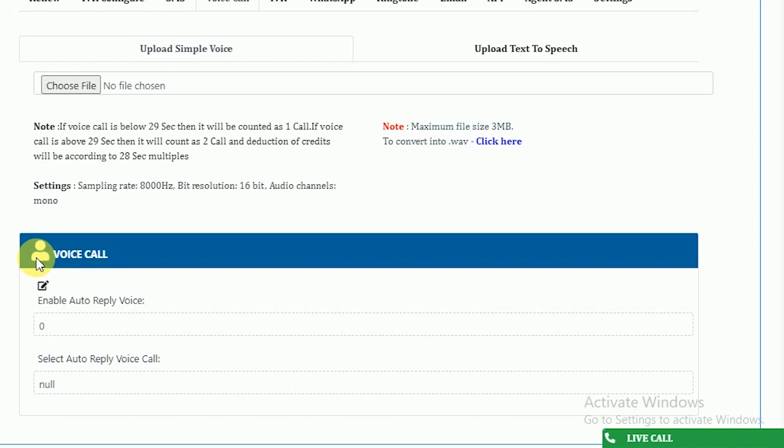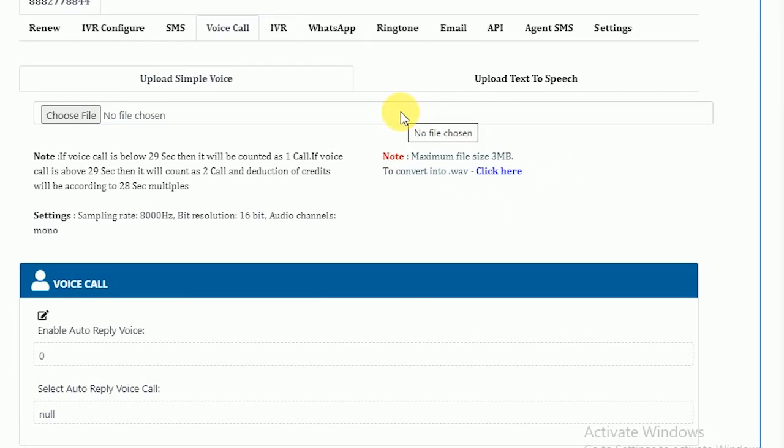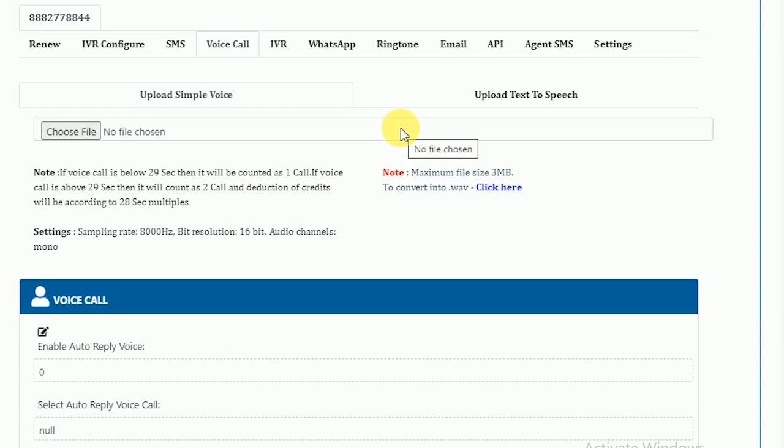In order for you to have the desired voice clip available in the drop down menu, you need to add your voice clip from here, and make sure whatever clip you are adding in the panel, it needs to be in .wav format. We have provided you the link. You can click over here and convert any clip into .wav.